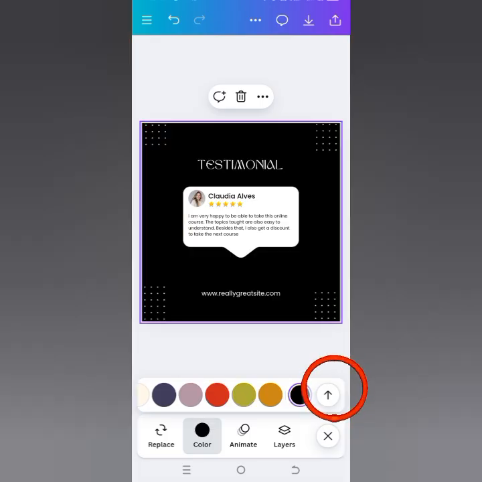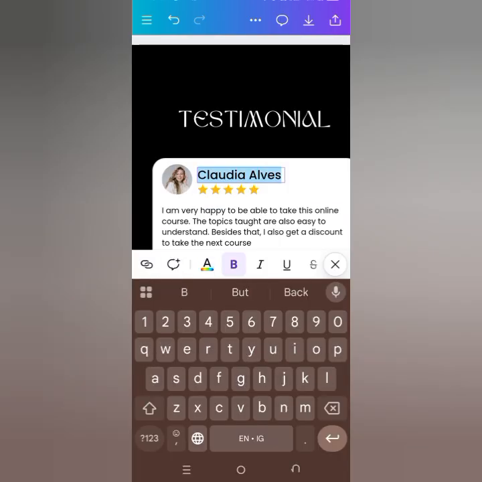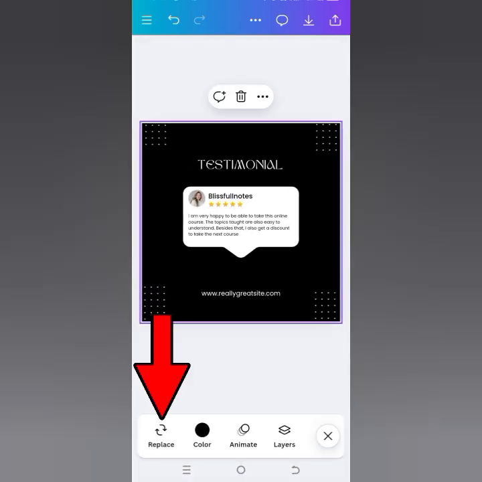If the color you are looking for, you don't see it, you can click this up arrow and change the color. So the name of this person, I'm going to change it. Just touch the text, you type your name. Then the picture too that is here,